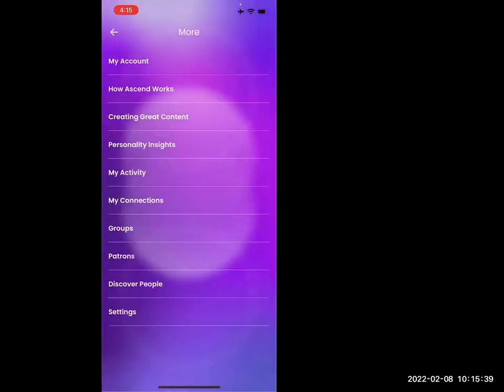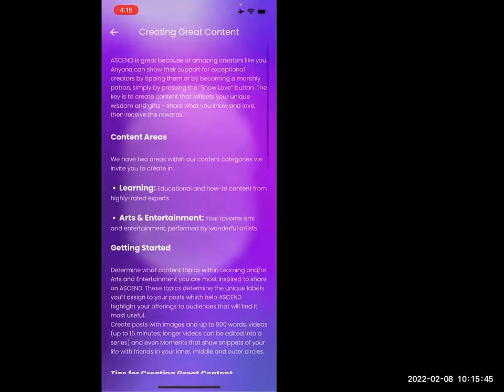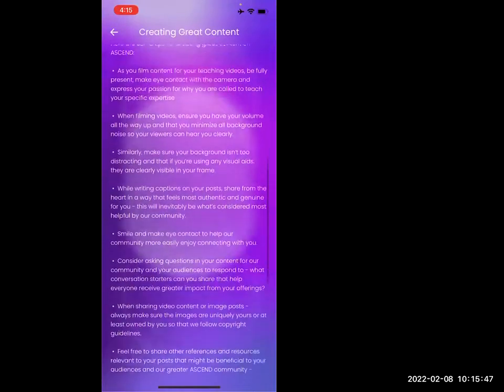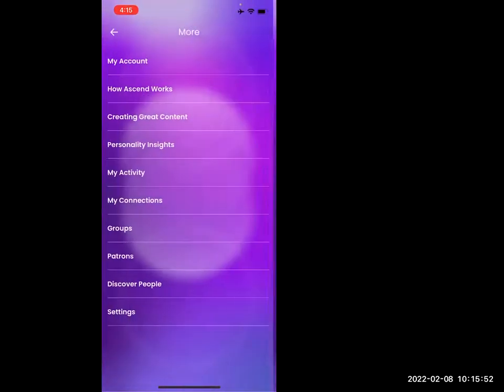So you can read more of that. Those are just two pieces I really wanted to share. If you want some support with figuring out how to create content, this is a guide that we created to assist you. It's really a new place to play. It's a new way that we can